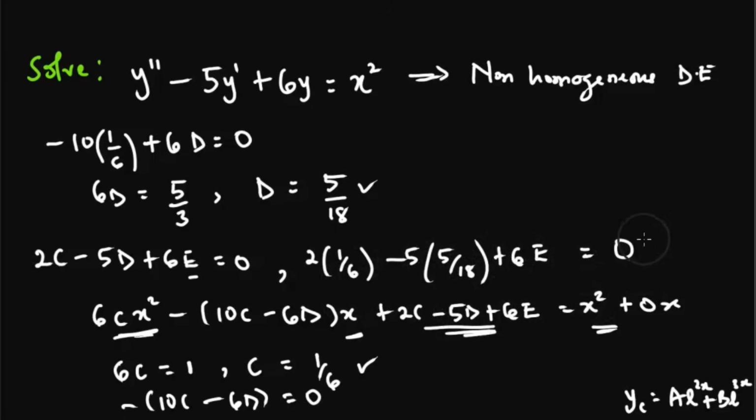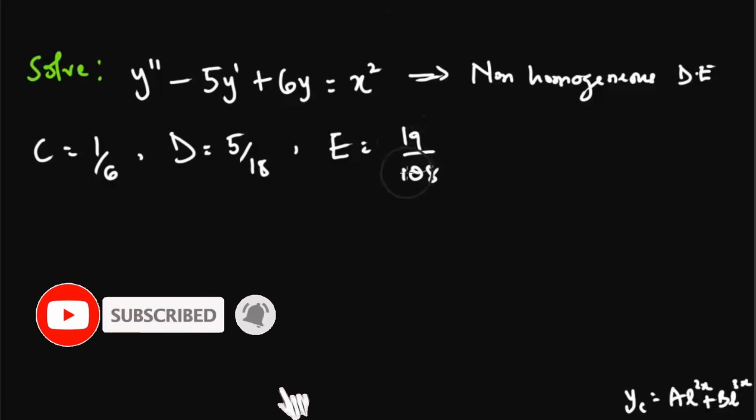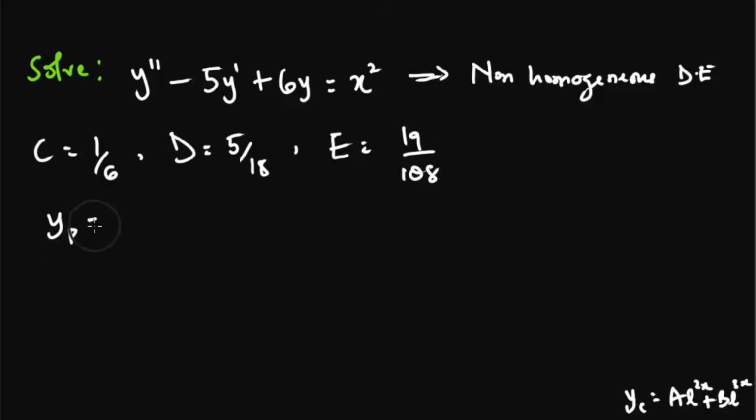Eventually, when we solve this, we obtain e equal to 19 over 108. So what do we have now? We have c to be 1 over 6, d to be 5 over 18, and e to be 19 over 108. Remember, we assumed that our particular solution is in the format cx squared plus dx plus e,